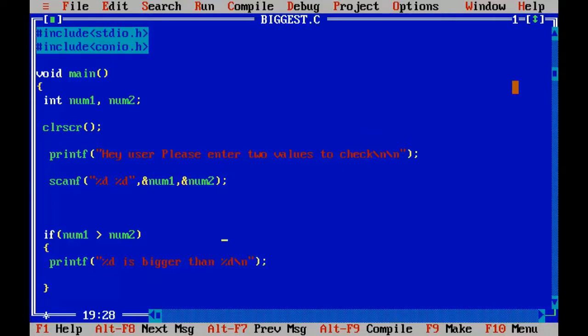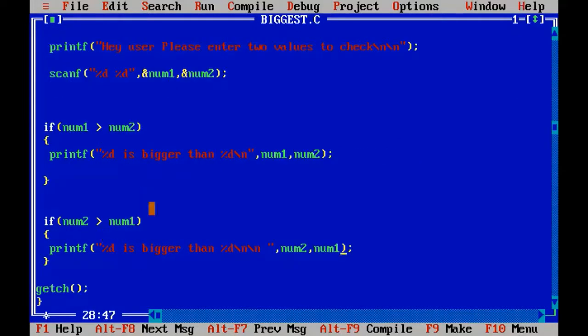If num1 is more than num2, so what should come in the first %d? Num1, right? In the second %d, num2. So that should be placed here, num1 comma num2. So this is the order of the integers that the %d's are going to have here.